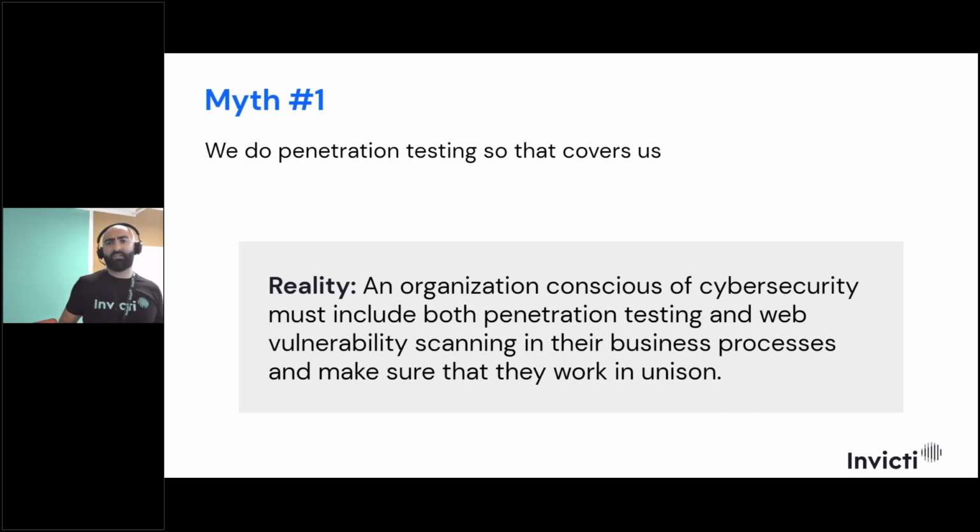Because instead of having a pen tester doing all these 1,000 checks every time you want to test the application or your web asset, why don't you replace it with a DAST solution, doing all these 1,000 checks in a matter of hours? And then after that, your pen tester will focus more on business logic vulnerabilities and zero-day vulnerabilities. In this way, you'll be benefiting from a DAST solution, and at the same time, from the expertise of your penetration testers or any third party that you'll be dealing with for pen testing.